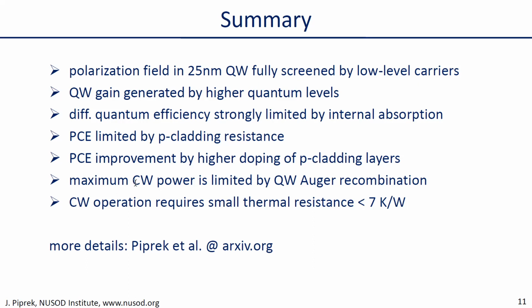But when it comes to CW operation, this is still strongly limited by Auger recombination, and from the simulation, it is recommended to set up a device with less than 7 Kelvin per watt total thermal resistance to achieve CW operation in real life. So all these results are written down in the preprint, and you can find that